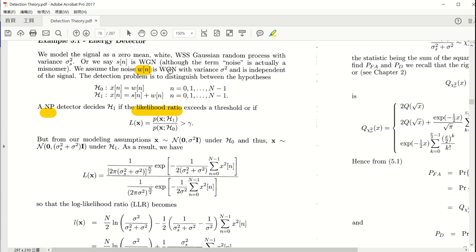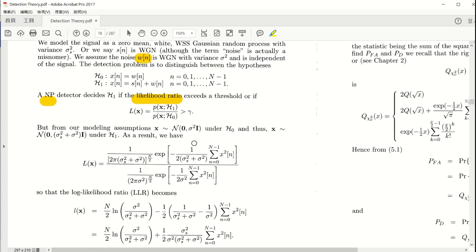Wn is Gaussian noise with variance sigma square. So when you have Wn only, then you are going to have N(0, sigma square I). I want you to be aware that X is in fact multiple samples. So when you write that X here, you are actually having a vector, instead of a scalar. And this 0 is a vector with elements all equal to 0.